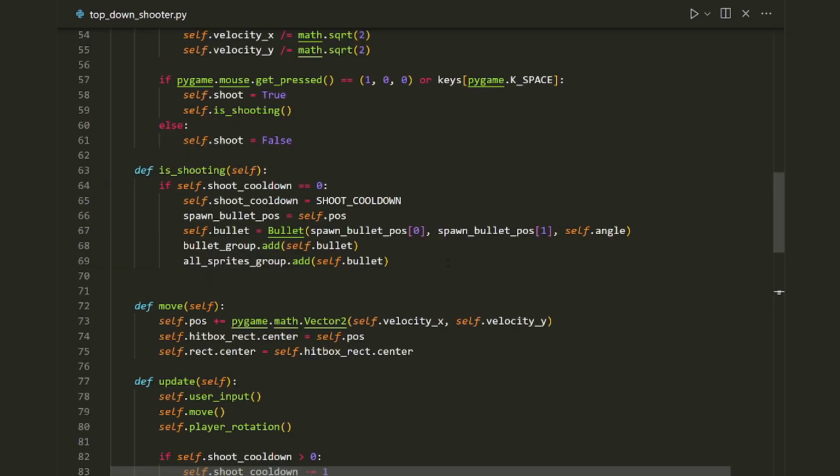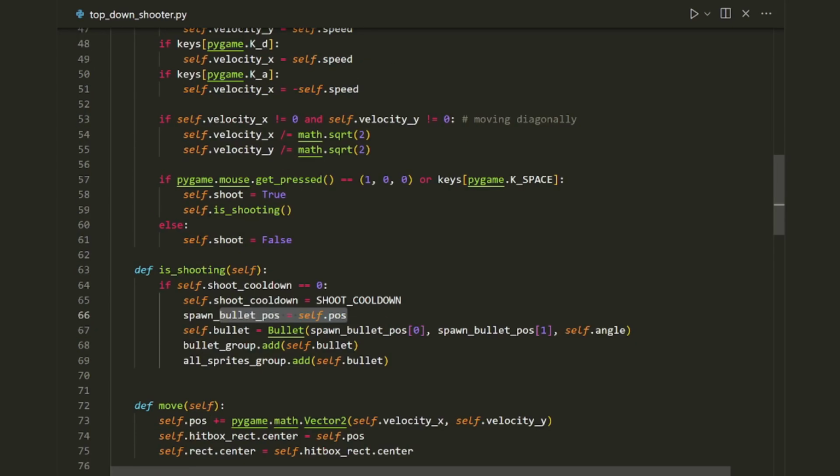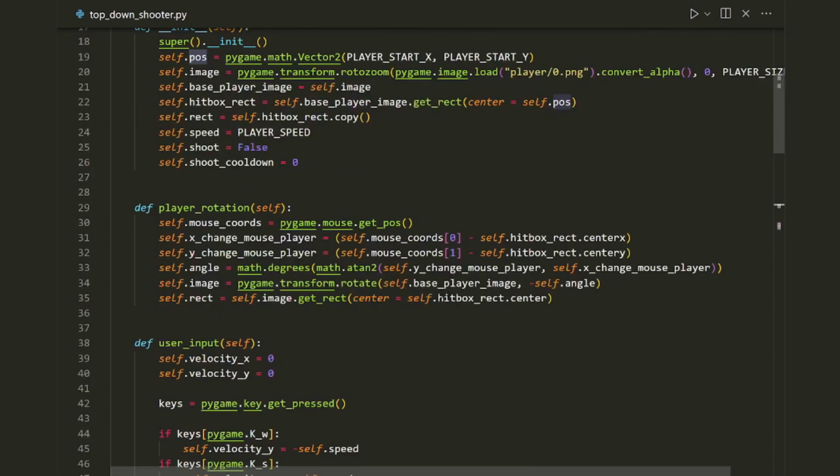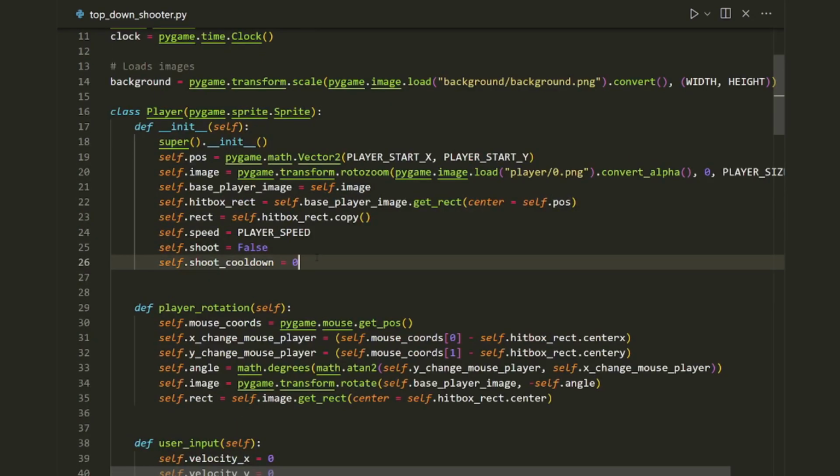Next, we're going to fix the last issue, which is that the bullets are coming out of the player's head. So what we need to do is go to our player class, and I'm in my isShooting function. And what we need to do is adjust the spawn bullet position variable, and add an offset to it so that the bullets look like they're coming out of the player's gun instead of the player's head. So to create this offset, I'm going to go to the init method of the player class, and I'm just going to type in